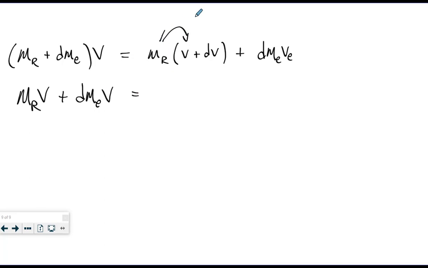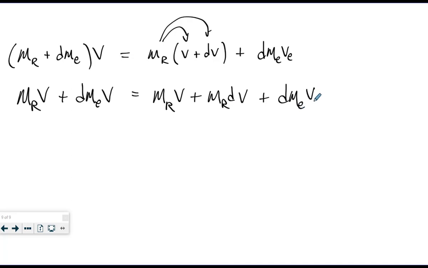and I'm going to distribute here as well. So I have mass of the rocket times velocity, mass of the rocket times the increment in velocity plus this increment in mass, velocity of the exhaust. Now you notice these terms are going to cancel. They're the same on both sides of the equation. The thing I want to do next is put this term and this term on the same side because they both have this differential in the mass that's from the exhaust. So why don't we write it like this? We'll say dm_e v